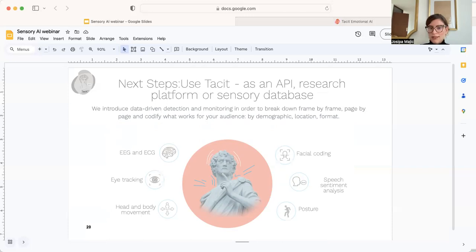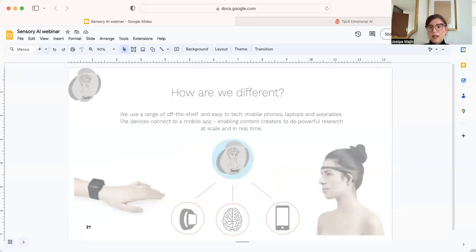And here is where you can slice and dice the data, break it down format by format, page by page, and codify what works best for your audience, sliced by demographic, location, format, etc. And the data that we collect is, as mentioned earlier, neuro and cardio data, eye tracking, head and body movement, facial coding, speech sentiment analysis, posture, and a range of other data sets. Our specialty is that we use a range of off-the-shelf, easy-to-use technologies: mobile phones, laptops, wearables, and all the devices that we use connect to a mobile app, enabling content creators and researchers to do powerful research at scale